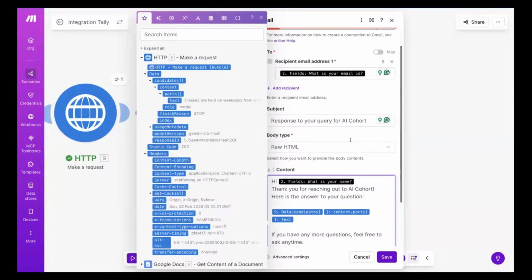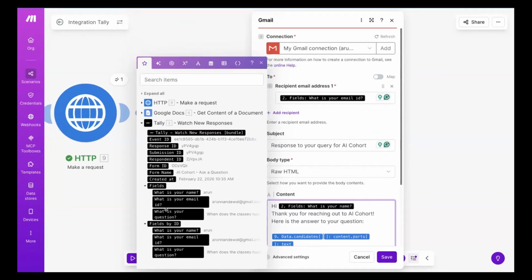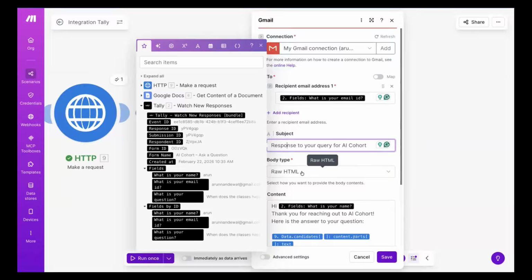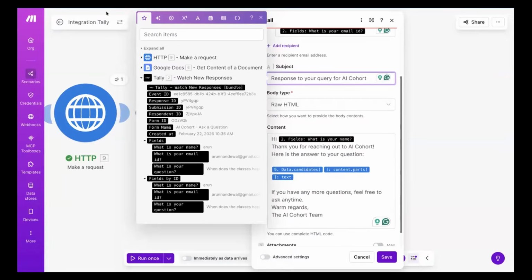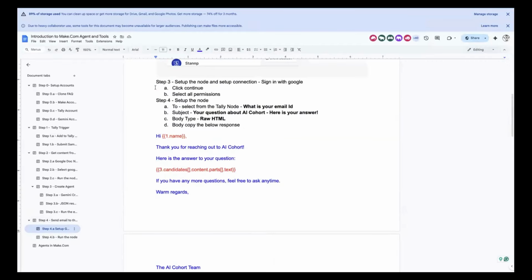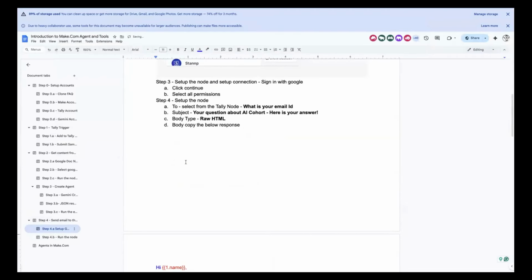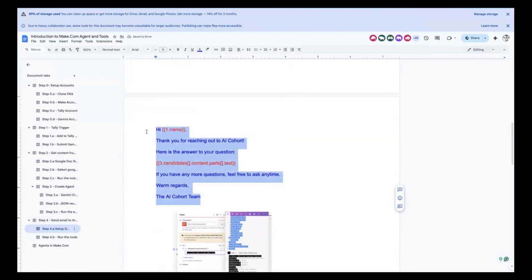I'll show it again. After authentication, get your student's email ID from Tally email ID. You just drag it here. Subject is response to your AI cohort. Then raw HTML body type and content. You can go to step 4A, copy this entire thing from this. Let me insert a page break here so that it's easy to copy. You can just copy this entire thing and